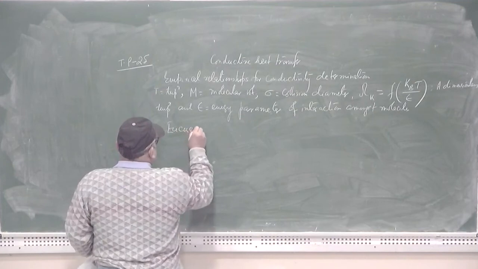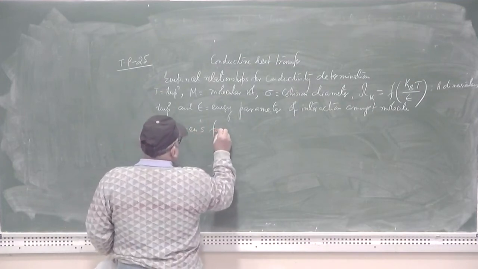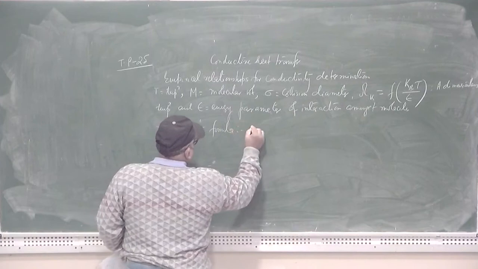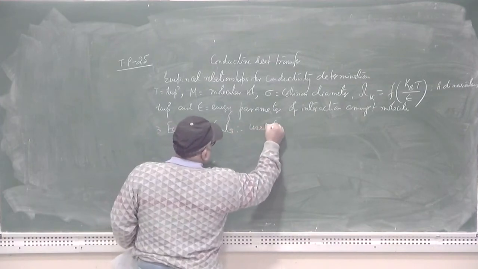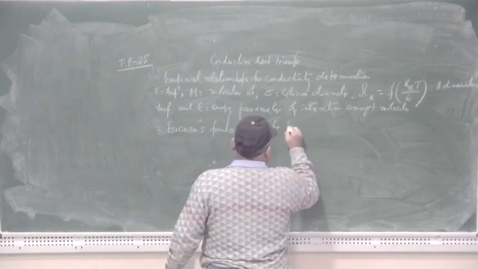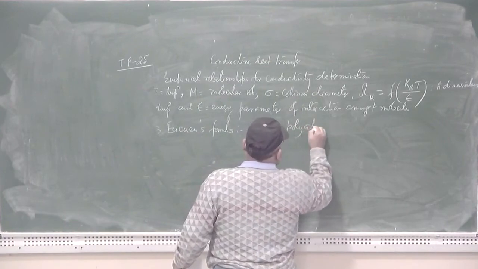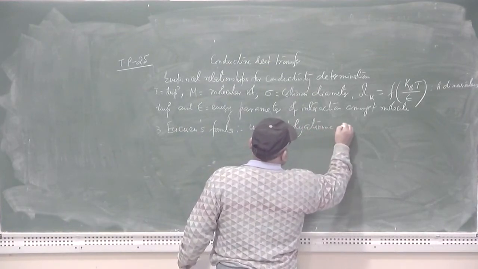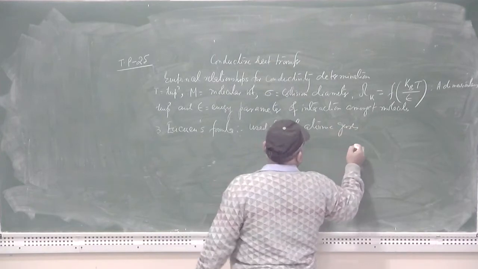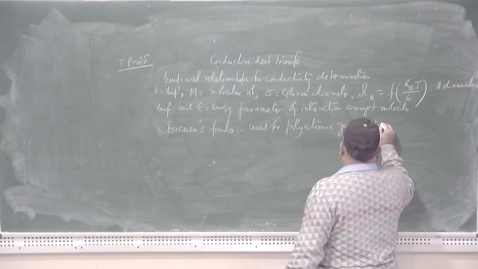This is Eucken's formula, used for polyatomic gases, expressed as